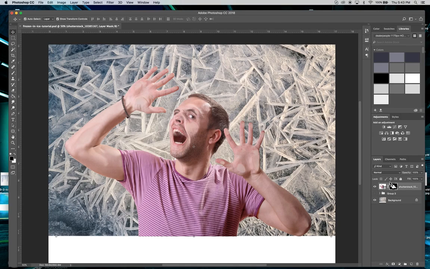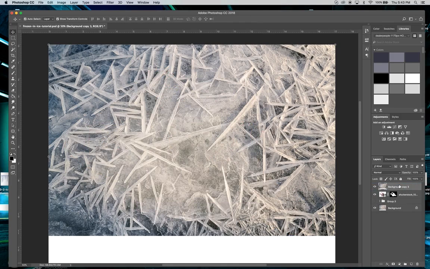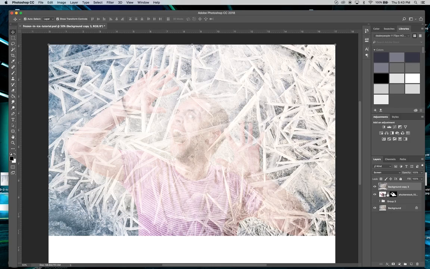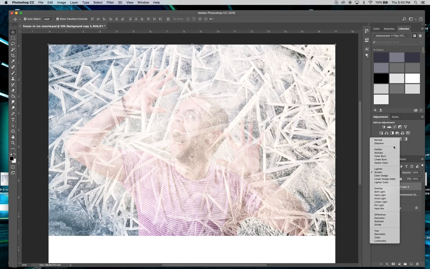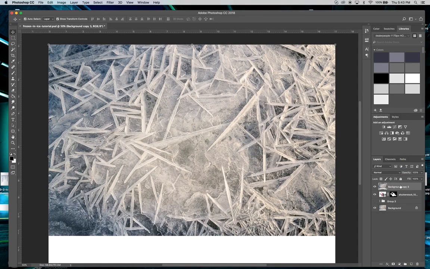Now, what we want to do is, even though this is in the background right now, I just did it to get him placed. I really want that ice over top of him. So let's go ahead and make a copy of it and then move it above him. And let's see here. What if we do screen? We'll use a normal, and what we'll do is we'll just make a mask, and we will paint with black,